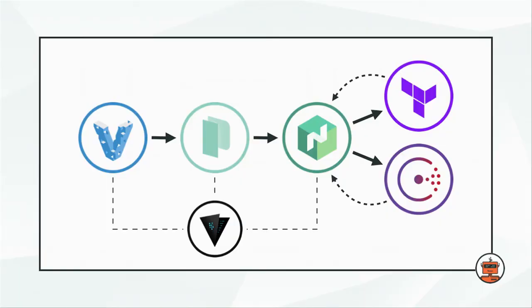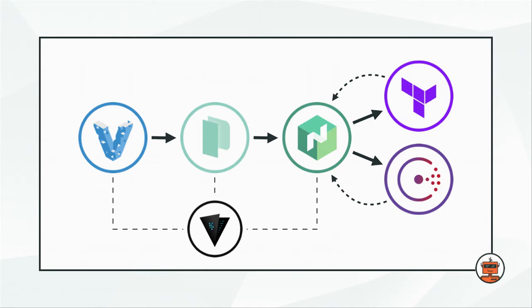So this is sort of a diagram of how we viewed all this stuff working together with a lot of lines. So the idea is you start in Vagrant for development. You could pull secrets out of Vault sort of anywhere on this flow. After you work in Vagrant, then you go to Packer. Packer builds the image for you. Again, whether that image is an AMI or a Docker container, it doesn't matter here. We're not binding ourselves to technologies. We're talking about the workflow. Then next, you go to Nomad, which deploys this thing.